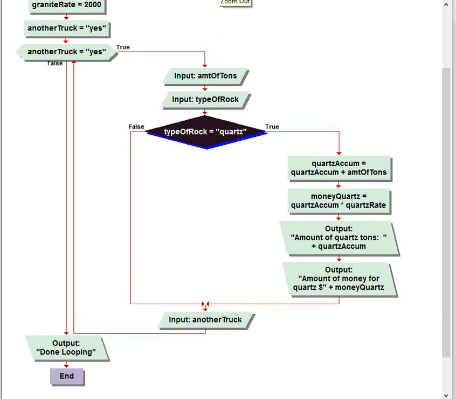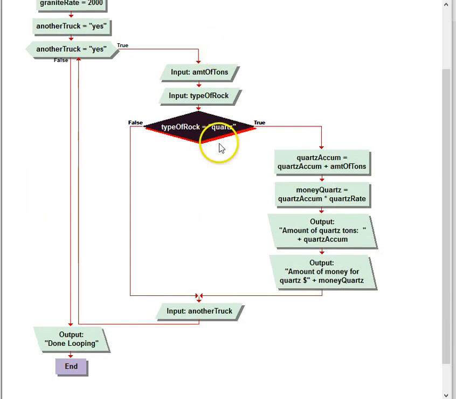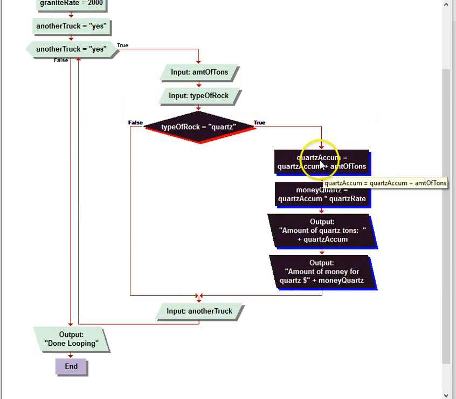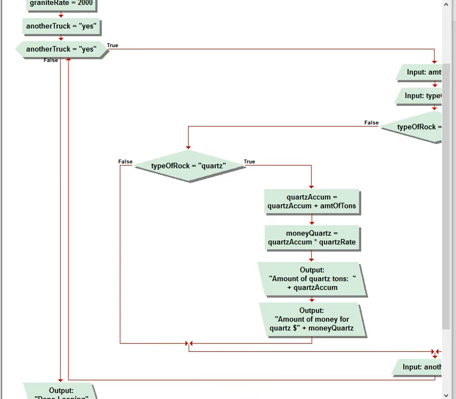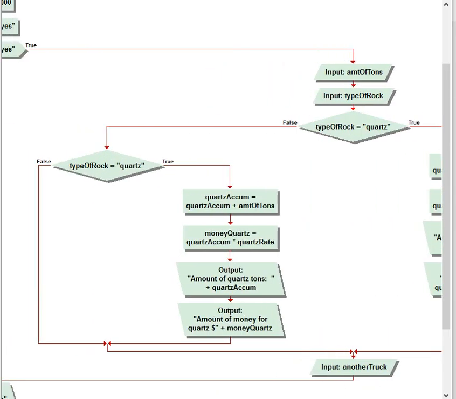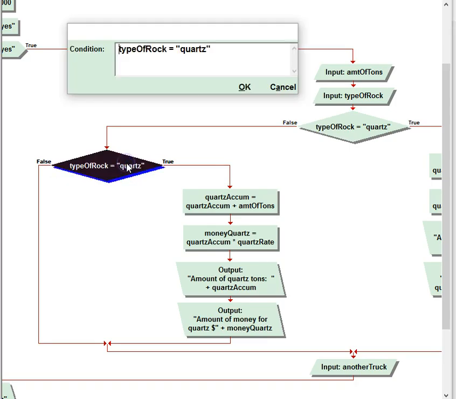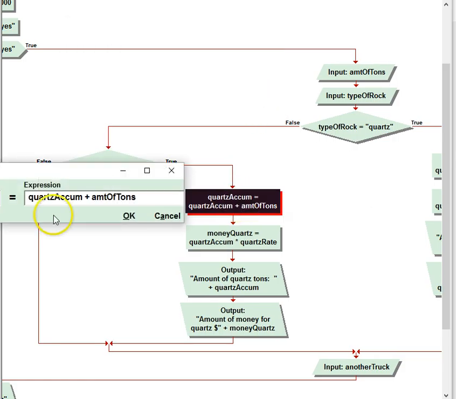Okay, now since we know that was working, and we know that the rest of them work the same way, I'm going to put my mouse pointer above the false, hold down the left mouse button, and copy what I've done so far. And then I'm going to paste it right here. And now I have two quartz. But the next thing I'm going to do is marble. So really all I have to do is copy the word marble, and everywhere it says quartz, change it to marble. So I'm going to paste it here, paste it here, paste it here,